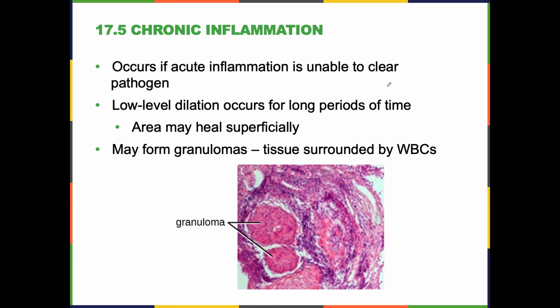I'm not even really sure. But these chemicals, these cytokines, want us to be here. And then sometimes they surround this tissue that's releasing all these cytokines, right? And these are what are called granulomas. So these granulomas are just tissue that's surrounded by white blood cells, and it causes, again, just low-level inflammation over long periods of time. And over time, that can cause a lot of issues as it starts to cause damage